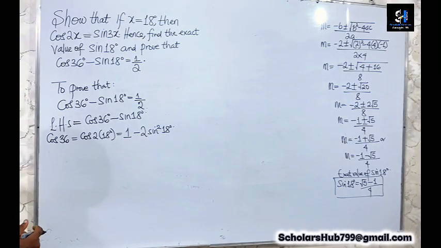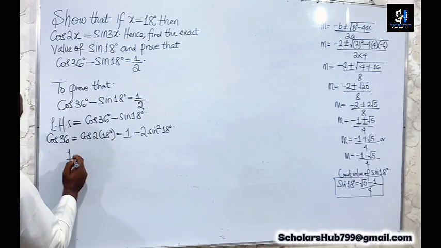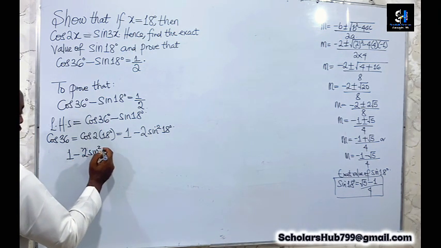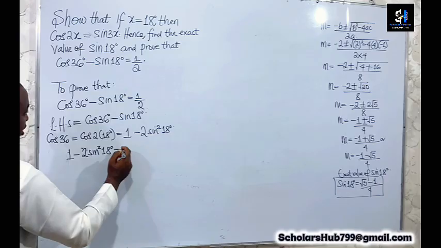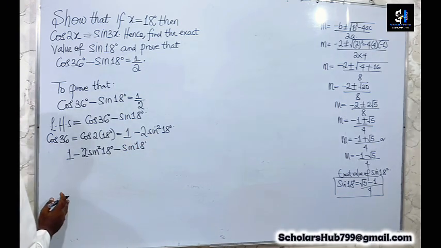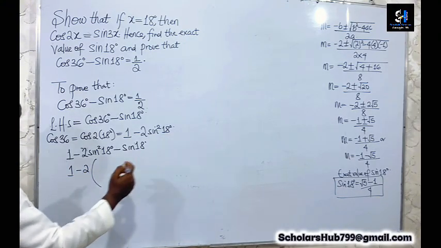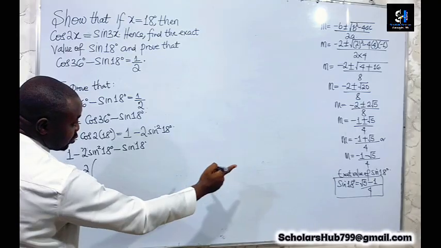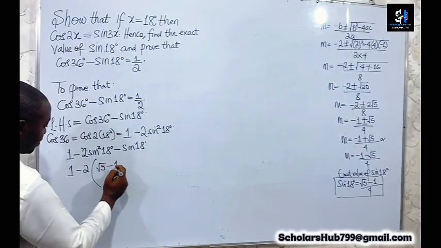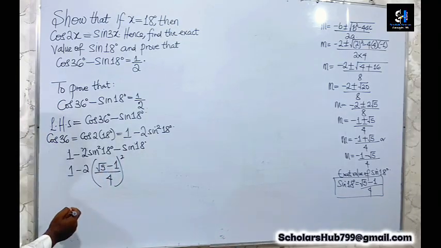So we're going to have 1 minus 2 sine squared 18 degrees, then minus sine 18 degrees. So this will be 1 minus 2 multiplied by, we have sine 18 degrees to be root 5 minus 1 over 4, so this will be root 5 minus 1 over 4 squared,